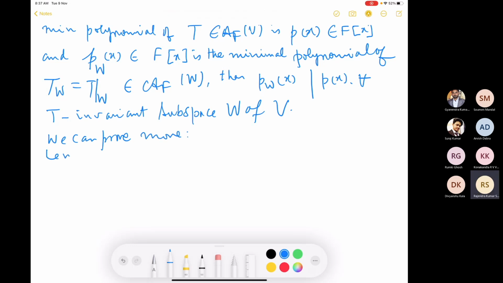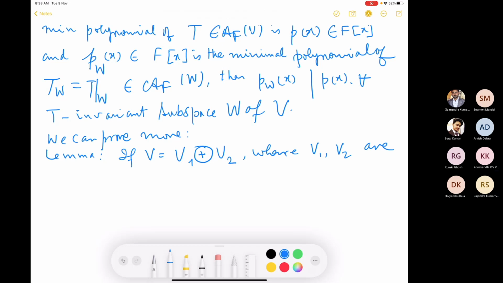So what we can prove is a lemma: if V is a direct sum of two subspaces, say V1 and V2, where V1 and V2 are two T-invariant subspaces of V,